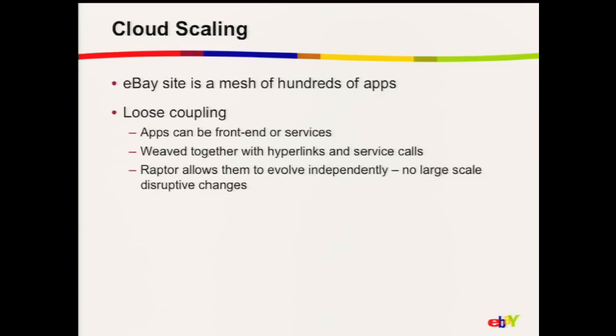As Akara was pointing out, eBay consists of hundreds of apps. If you go to the eBay homepage, it's actually a pool of machines serving the request. If you click on an item, what you see as a view item is another pool of servers serving that request. So everything you see in eBay are loosely coupled applications which are independently running on